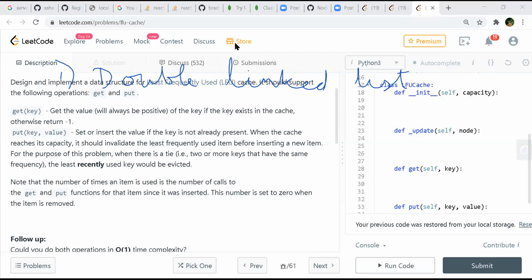Get might be difficult if it's a doubly linked list, right? That can be taken care of by the map, I think. So one is a doubly linked list where we'll be storing all the keys, correct? And I'm planning to use this just to remove the least frequent element in O(1), because the rest of the things can be made available through the map also. We won't be inserting a new node in the doubly linked list.